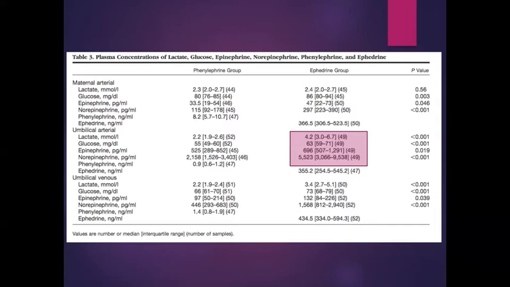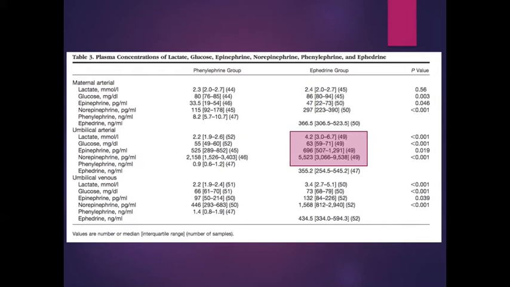Ephedrine was associated with greater umbilical arterial and umbilical venous plasma concentrations of lactate, glucose, epinephrine, and norepinephrine. Furthermore, the plasma concentration ratios were also greater in the ephedrine group, which suggests that ephedrine undergoes early metabolism or redistribution in the fetus, and that was to a lesser extent than phenylephrine. The results confirmed the previous results from other studies that have shown that ephedrine is associated with lower fetal pH and base excess